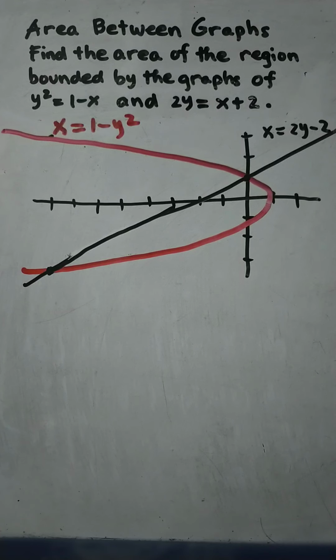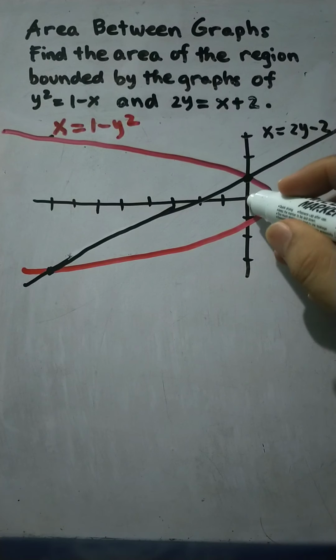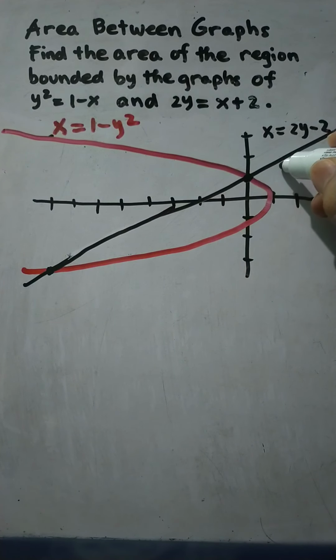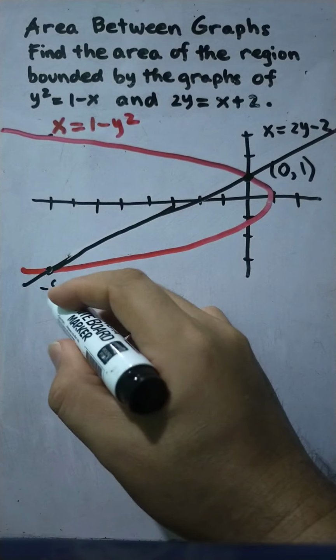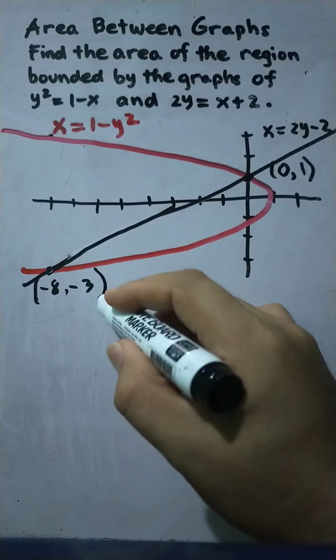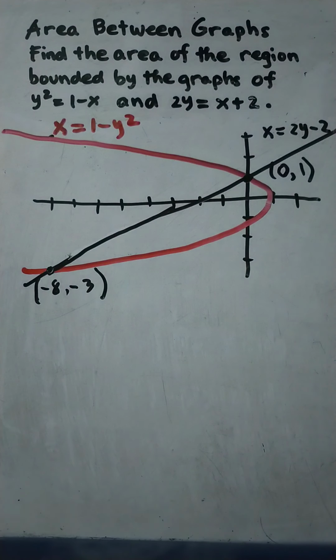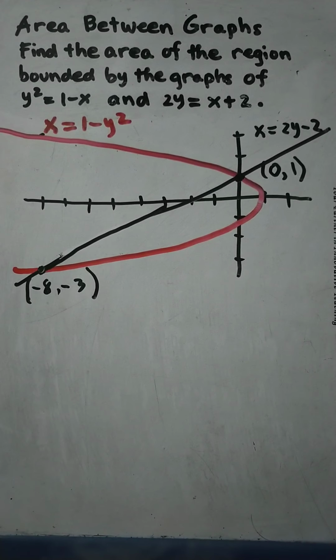Now, after this one, we have our intersections at x equals 0, y equals 1, and then x equals negative 8, y equals negative 3. Okay, y negative 3. Now after we draw the graph of the two functions, that is your parabola and then the line,